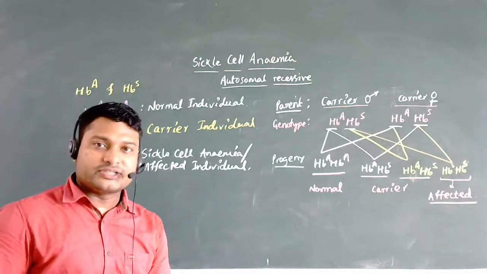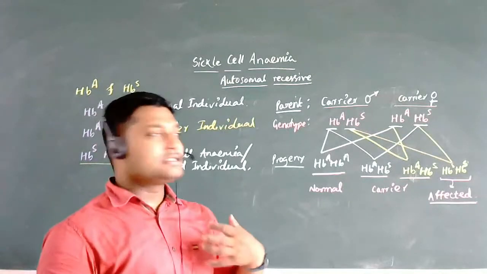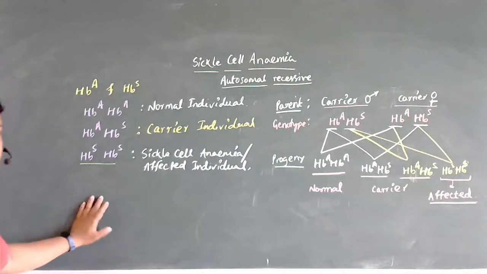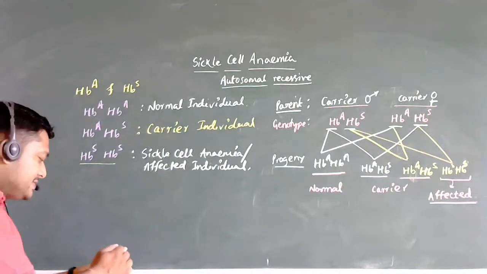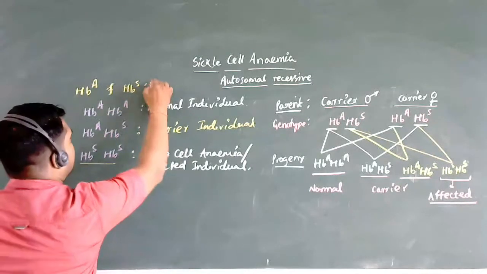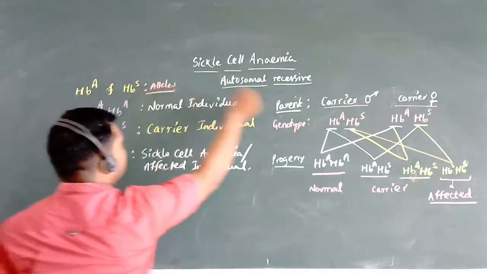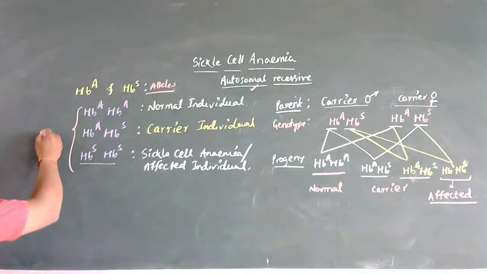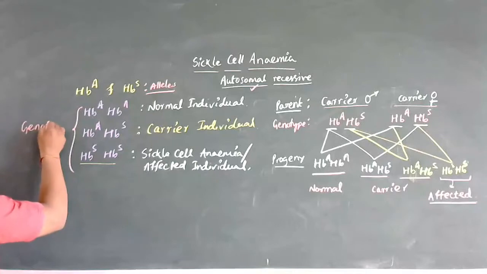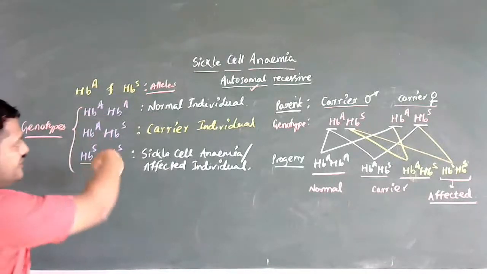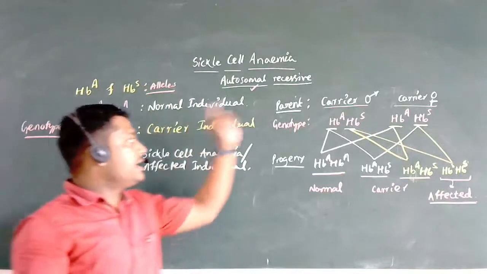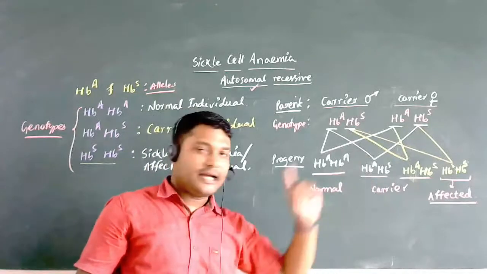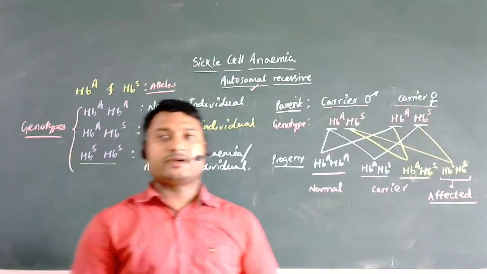These are the type of questions you can expect in the examination, and this is an easy way to remember and to write in the examination. So when you're asked about the inheritance pattern, dear students, first write the alleles. Do mention that they are an autosomal recessive inheritance pattern. Then write down the genotypes, and then write their phenotypes, and then write the parents, genotype, progeny, and the phenotype at the end. And with that, you will be done with the question.